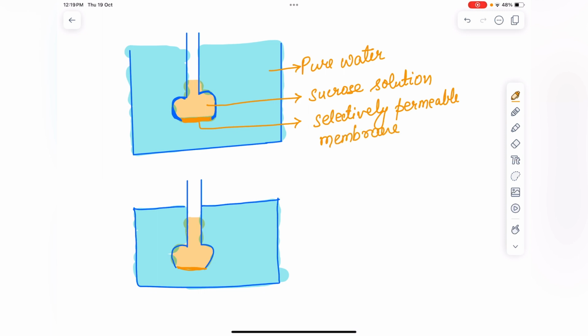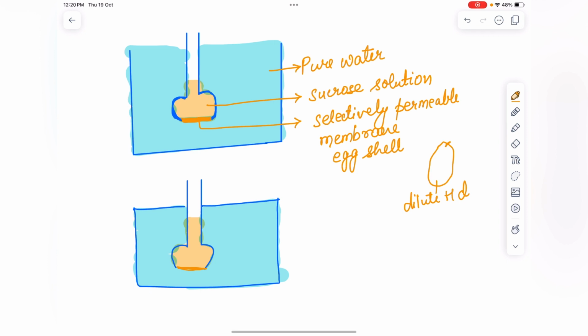We get this from eggshell. How can we make this membrane with the egg? If we take the egg, we can make a hole and remove the egg white, yolk and albumin through a small hole at the end of the egg, and place the shell into dilute HCl. After a few hours the shell will become semi-permeable. So we have used that eggshell as a selectively permeable membrane.